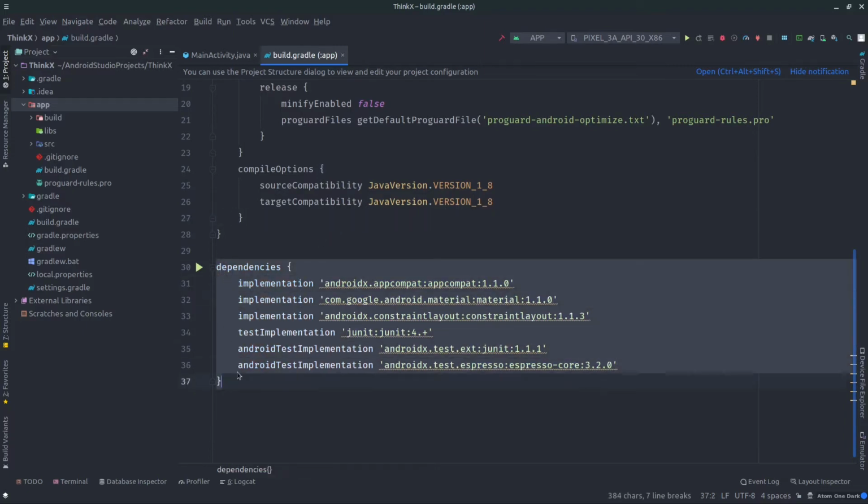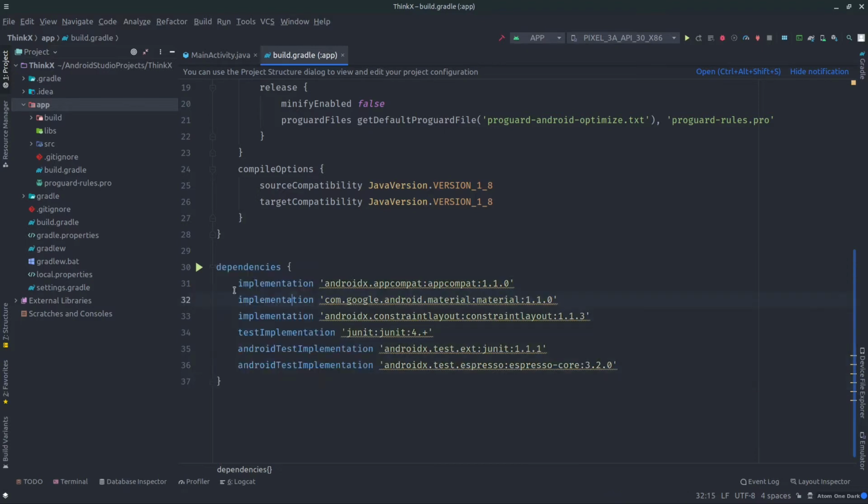Again, this is a very important part, which is the dependencies. We will be using a lot of libraries like Retrofit, Volley library, and there are some more libraries for image processing also, and some material theme. You can see that these all are libraries. So whatever library we want to include in our project, we will have to write it here. We will use the keyword implementation, and then we will specify the version and the name of the library.